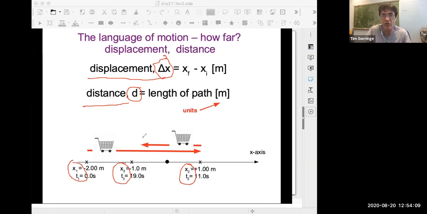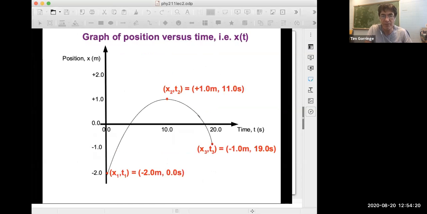So let's try and do that. Let me clear this. Let me go to the next slide. Oh, okay. It wasn't the slide I was expecting, but that's fine. It'll be on the next slide that we actually calculate distance or displacement. This one illuminates distance and displacement and position a little bit more.